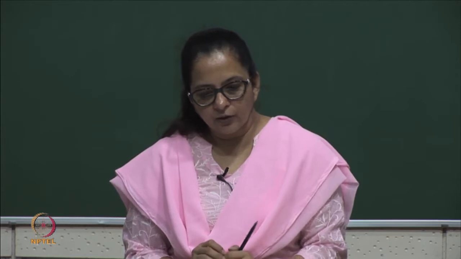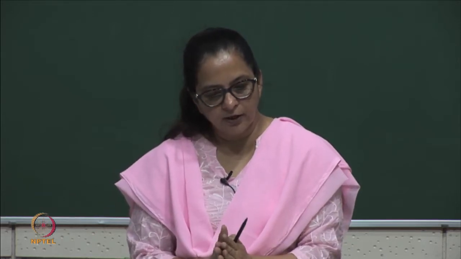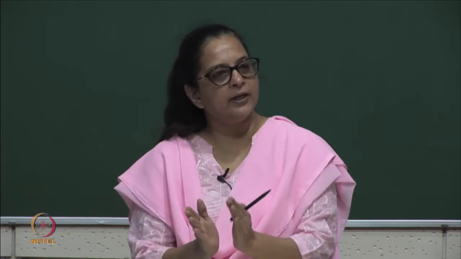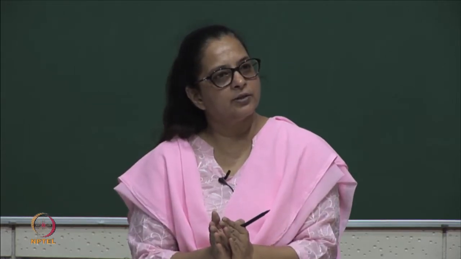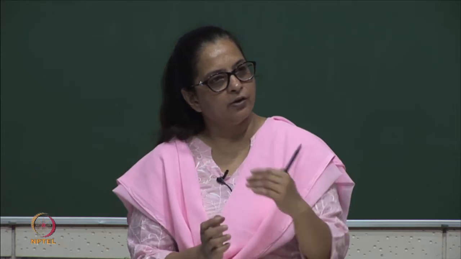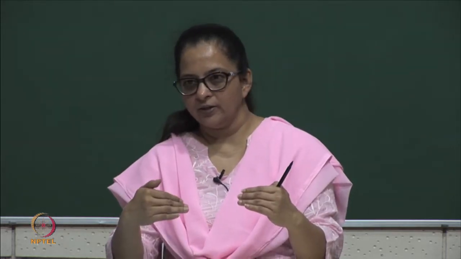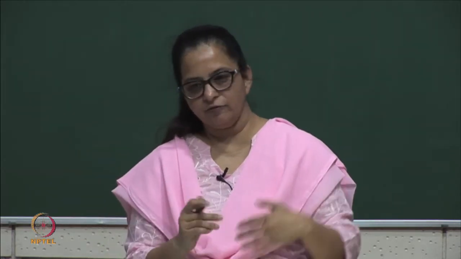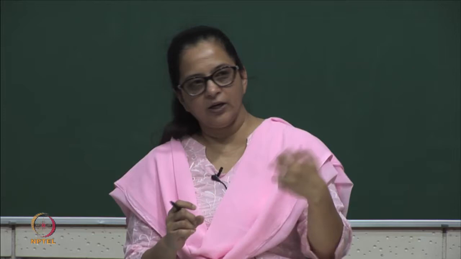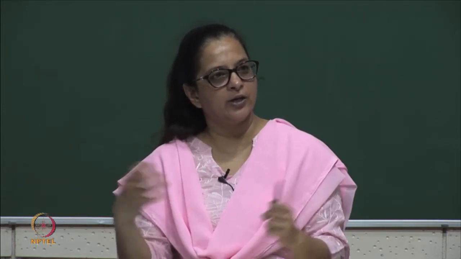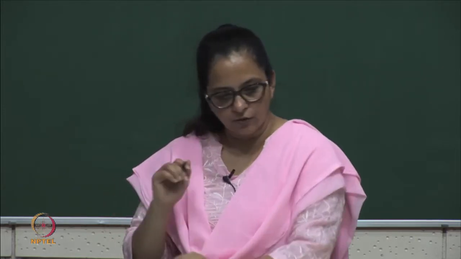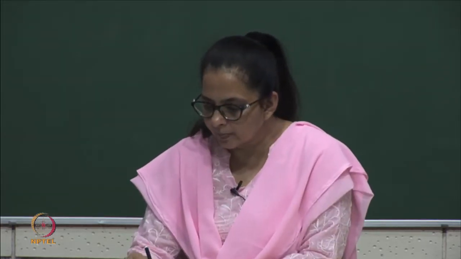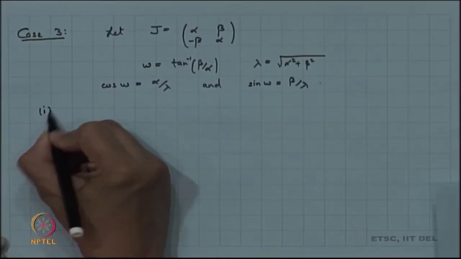So, if we look into this particular point, we can never have this completely tending towards 0 in some sense, right, because you have cos omega, you have sin omega. It is not going to tend towards 0, because if your cos omega tends to be 0, your sin omega is going to take care of that part, right. So, what happens in this case, we have a very nice picture here. So, let us look into the first sub case here.